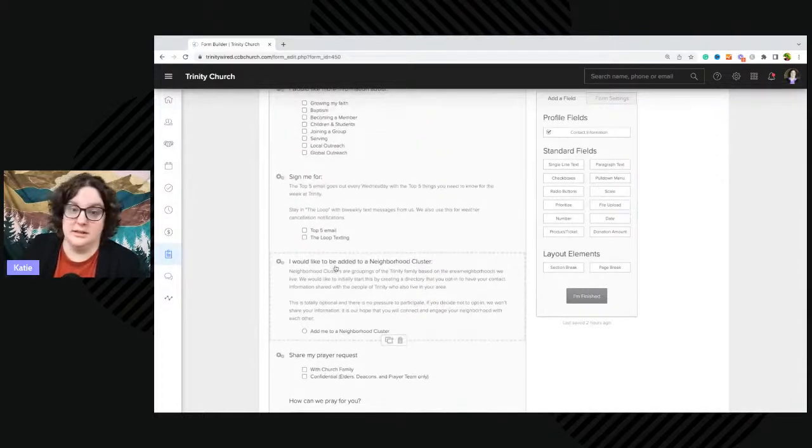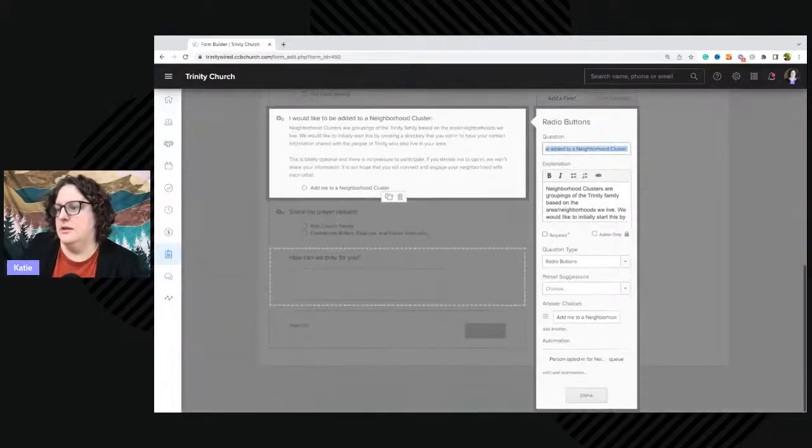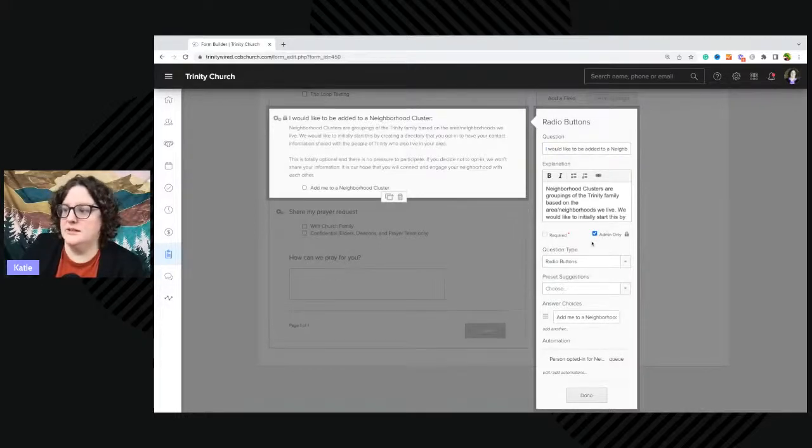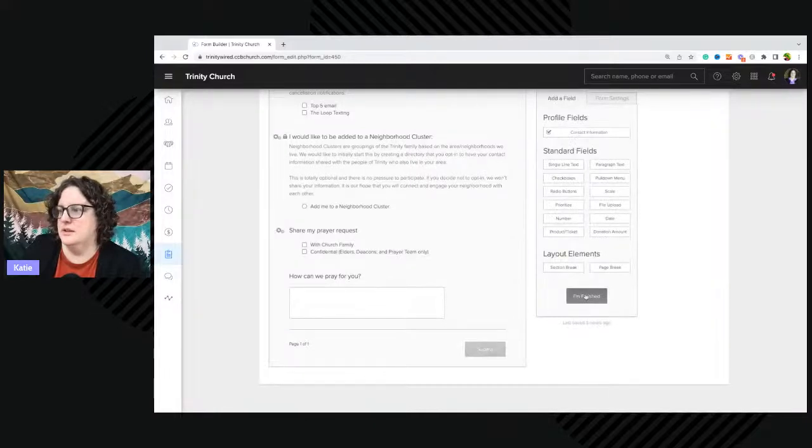Now, the exception to that is if, let's say, we stop doing this neighborhood cluster thing and I don't want this on the form anymore. If somebody has filled it out and information is attached to that field, you can't delete it. But what you can do is check this admin only. And then what that does is that keeps it, you can still see it as an admin when you log in to edit the form, but it doesn't appear publicly. So if I do this and then hit I'm finished,